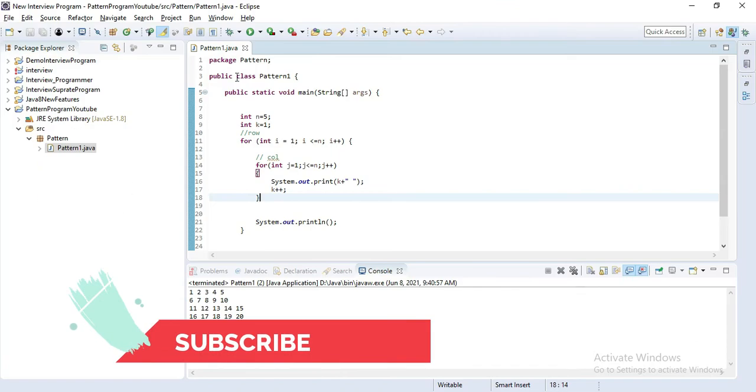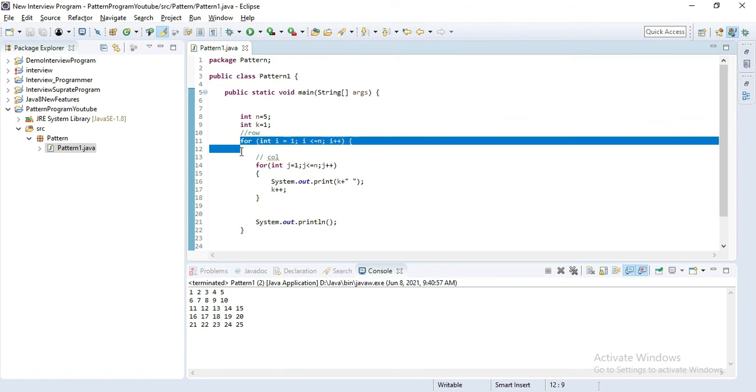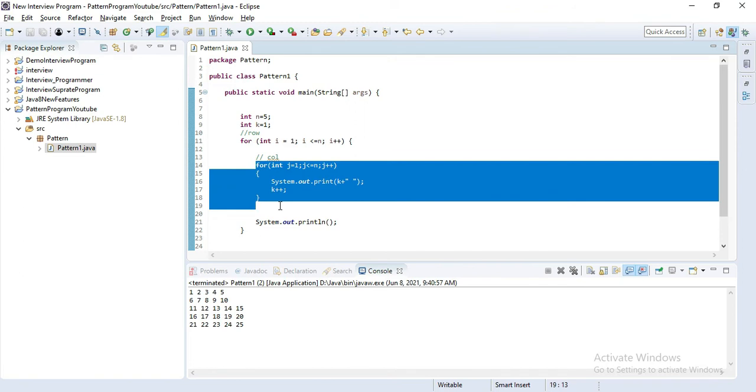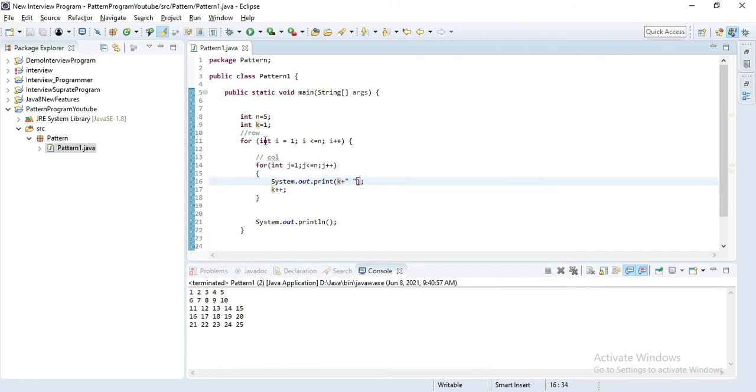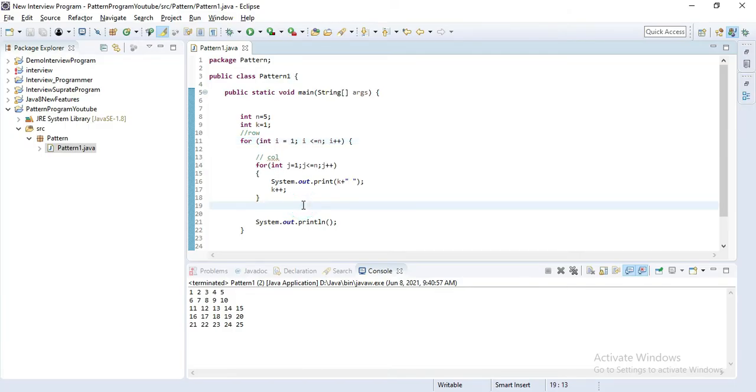In the same way, what we mostly change is only integer to character and character to integer, and whatever we have to print, the printing value. We didn't change the structure, meaning this is the outer for loop and this is the inner for loop; that's the program structure. We just change the printing value or the data types from integer to character. When we print characters, then we change to character. So our main topic is how can we do this program without using a for loop.